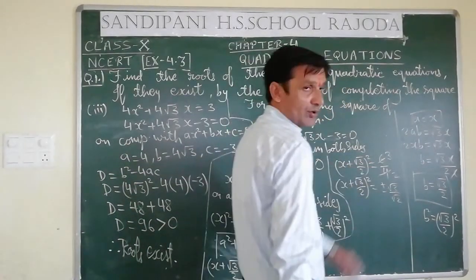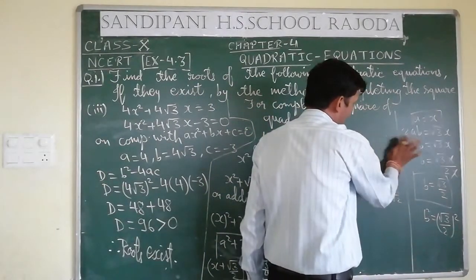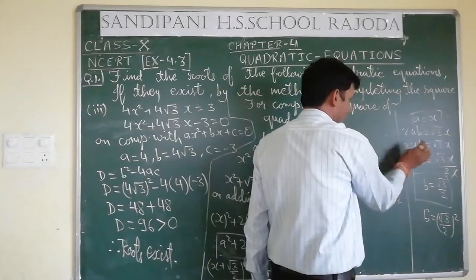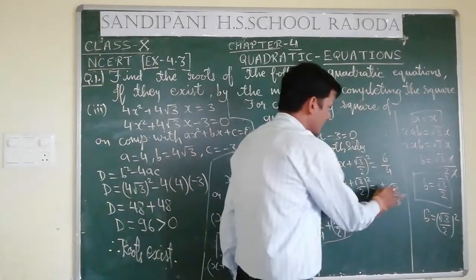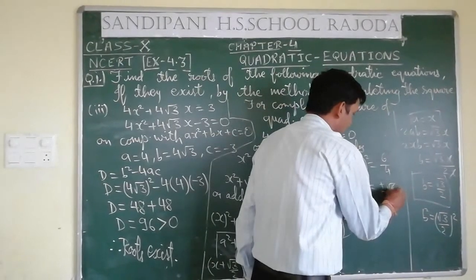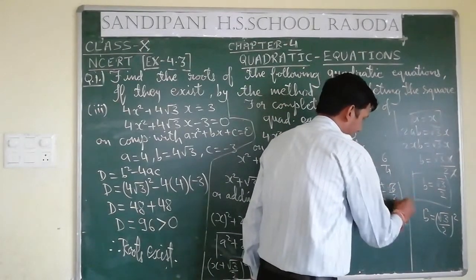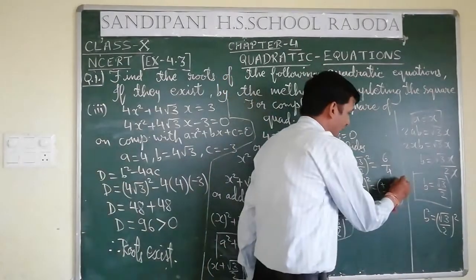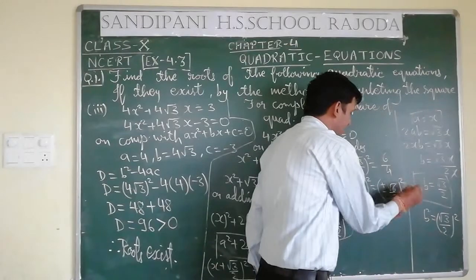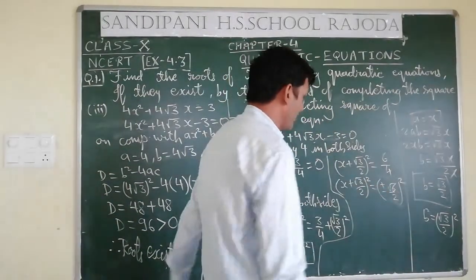You may write it 6 by 4 only, that will be more convenient for you, because afterwards you have to take LCM again. So write it 6 by 4 only, don't cancel it. So it will be root 6 by 2 whole square. Root 6 by 2. This root 2 will make trouble for you. Write it root 6 by 2 whole square. That will be more convenient, because here it is 2, so it will be convenient to write it in this manner only.